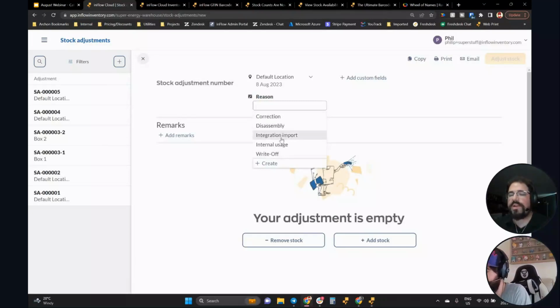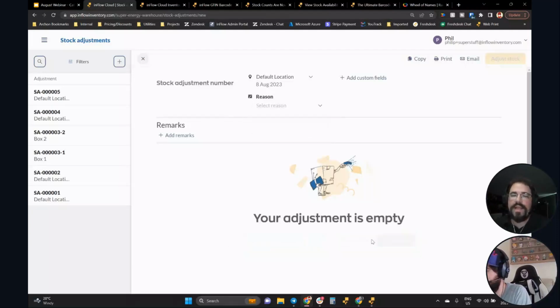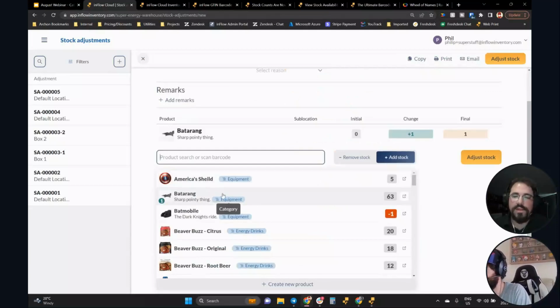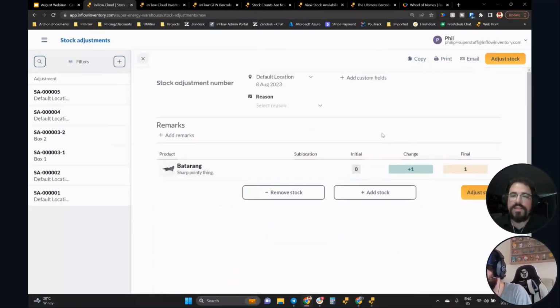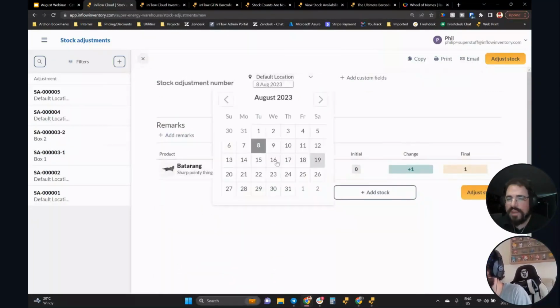This is just another way that you can track things. So if you're writing off products, or if it was a correction to your inventory, this just gives you a little bit more information on why the adjustment was made. And then, if I add in a product,